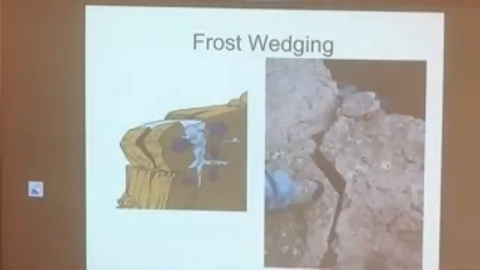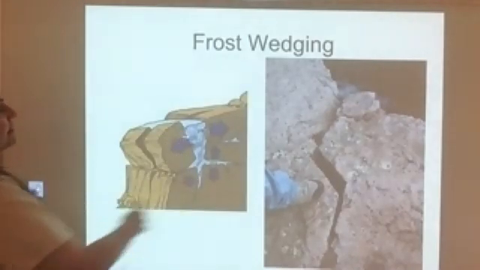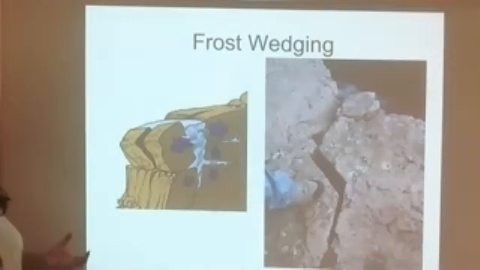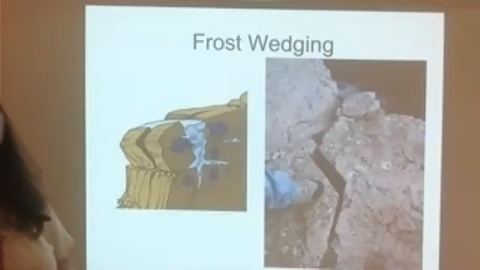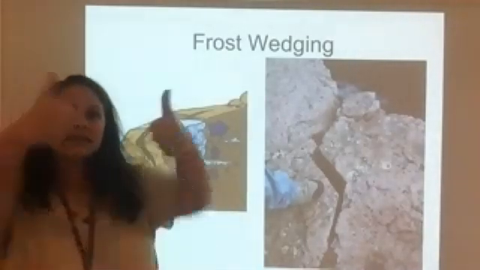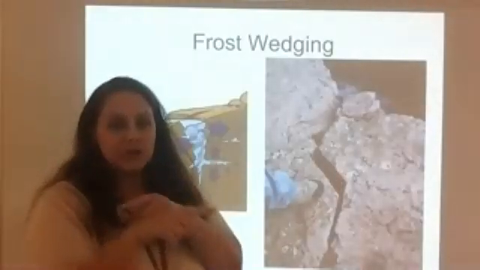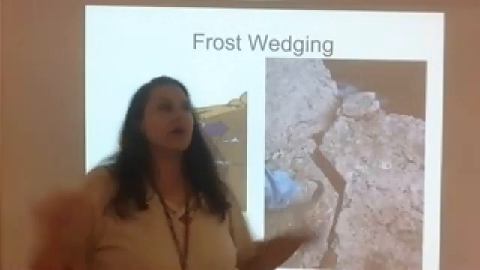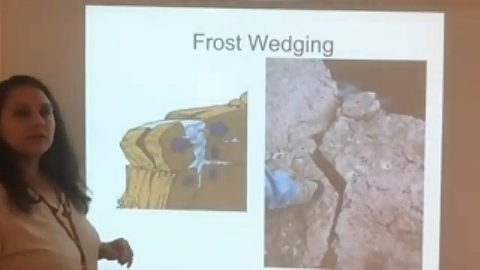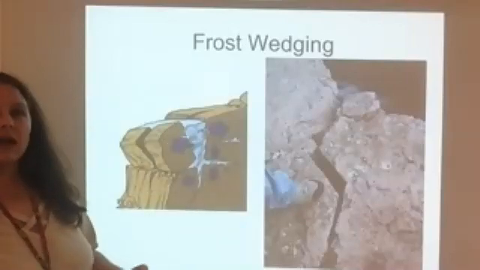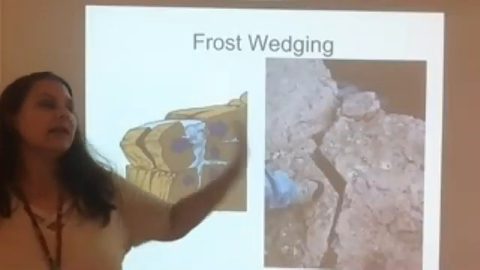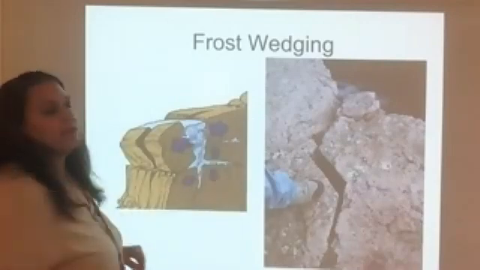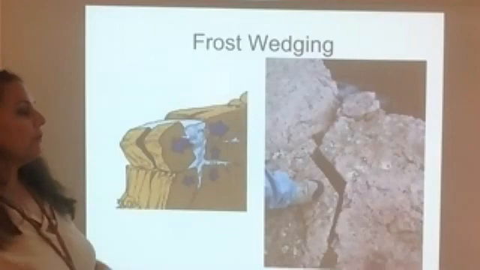So the first example of mechanical weathering is frost wedging. What happens is water gets down into the small cracks in the rocks and it freezes. What happens to water when it freezes? It expands and pushes out the rock. Yes, it expands, right? So water gets in the little cracks, it freezes, it expands, and it pushes against the rock. So it makes these cracks bigger. Now more water can get in those cracks. And when it freezes, it expands and pushes those cracks even further apart, right? Until the rock gets broken off.